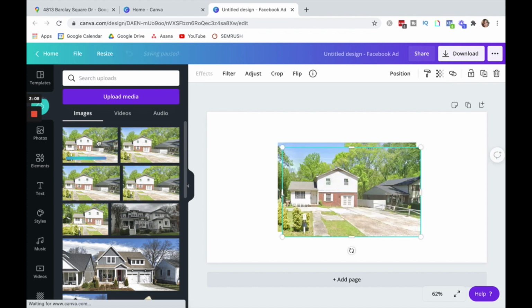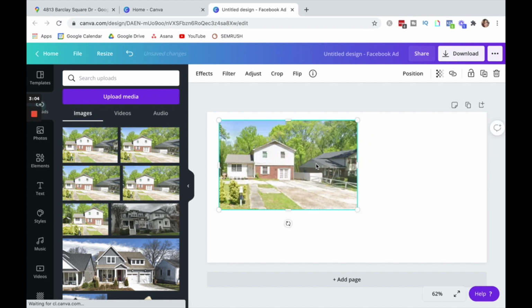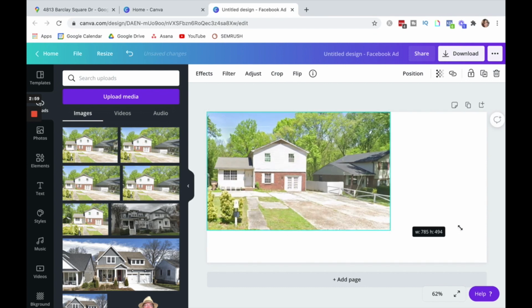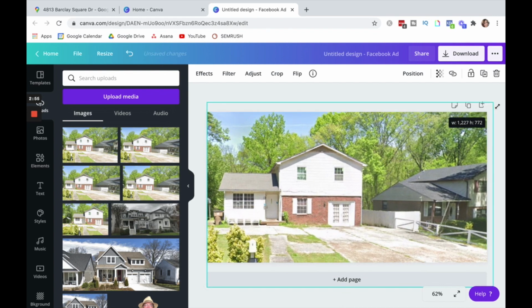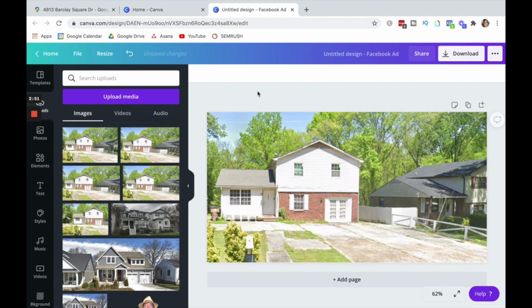And then you can just double click on that to add it. Oh, we added 2. You can double click on it to add it to your canvas, and then go ahead and drag it over and line it up with the edge and stretch it out so that it fills up your whole canvas there.